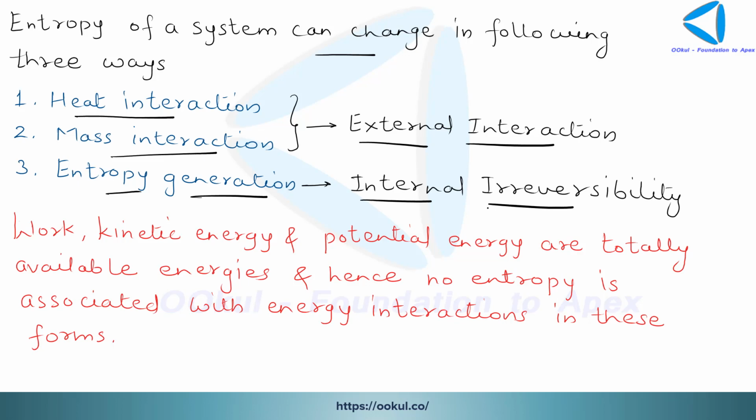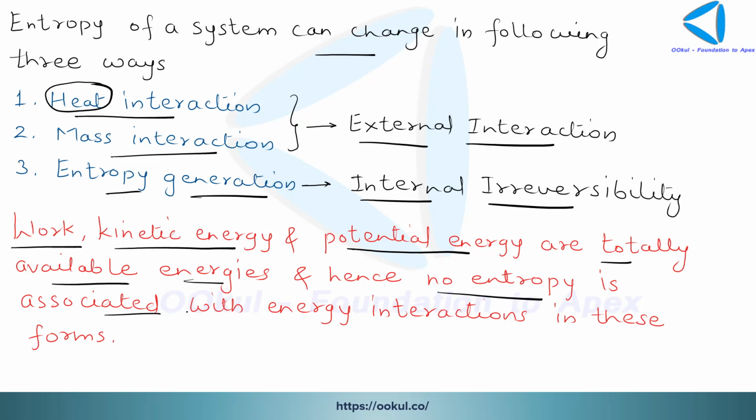Just note down one more important point here, that we have written one form of energy, that is heat. We have not written work. Why? Because work, kinetic energy and potential energy are totally available energies, so no entropy is associated with energy interactions in these forms, because we have